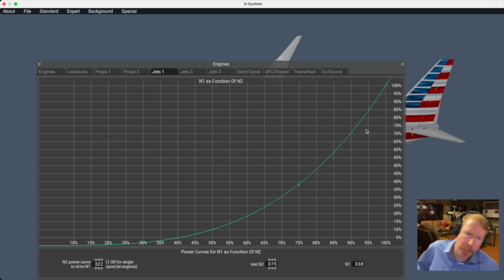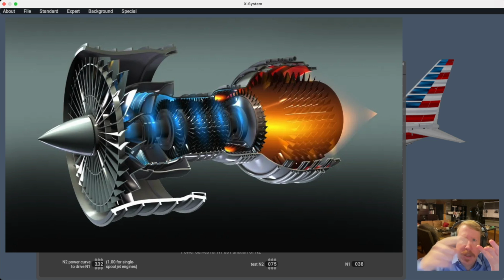Now let me just talk about this for 1 second. N2 and N1 have no physical connection. N2 is just spinning in the middle of the engine, and the exhaust from N2 runs through a turbine or a windmill, and it's that windmill that drives N1, the big old fan up front. So there is no physical connection between N2 and N1. It's just the exhaust from the core spits out, drives a little windmill that's hooked up to the fan up front, okay? And that little turbine in the middle has to spin like crazy before that big old fan even